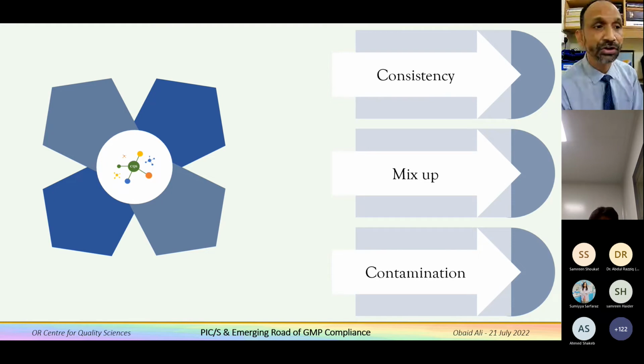The second is mix-up. Your batch should not be mixed up within the batch with other drugs or with any other materials during manufacturing, during packaging, during dispensing. There should be less than zero mix-up. I can say consistency should be zero, but I cannot say it will be zero. There will be some measurable differences, but within permissible limits. But for mix-up, there should be less than zero. And the third